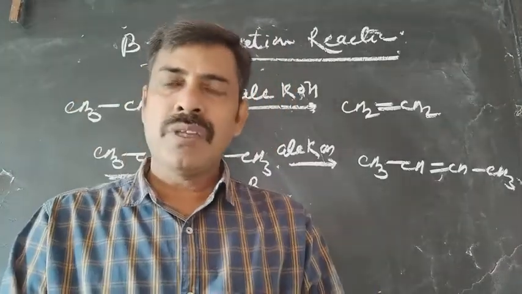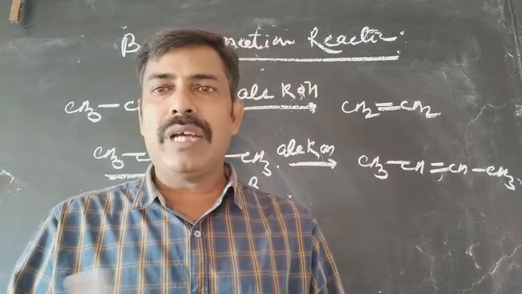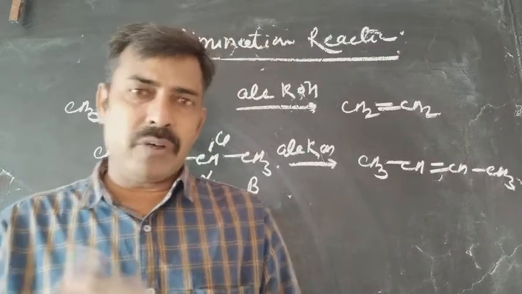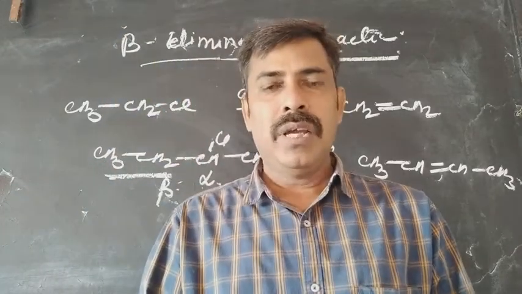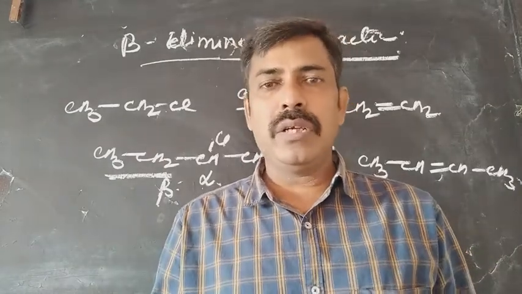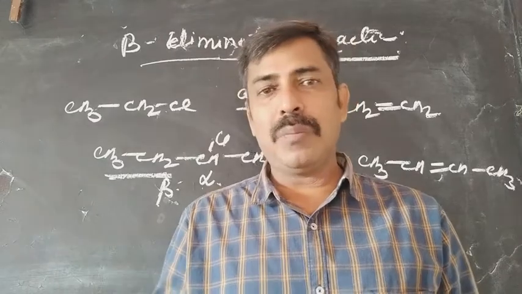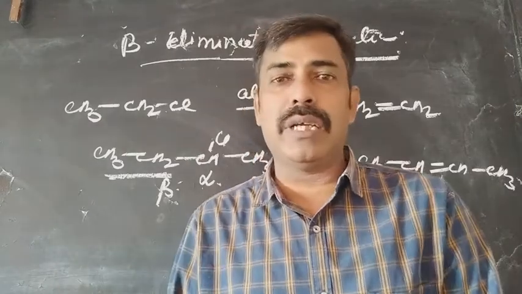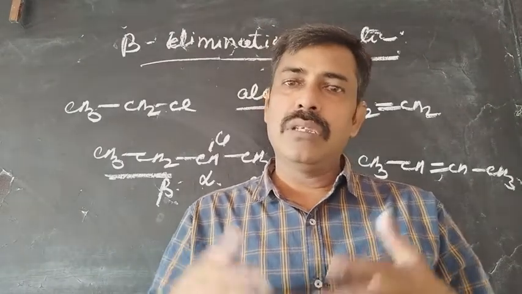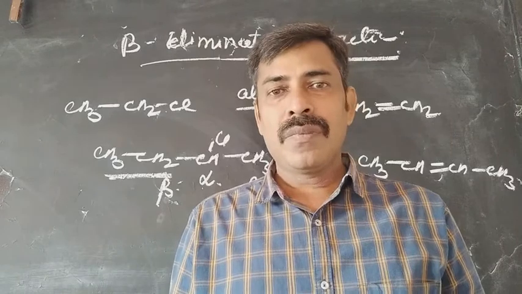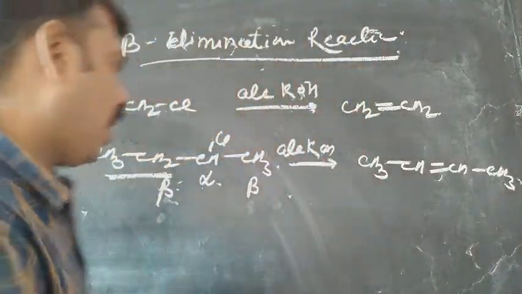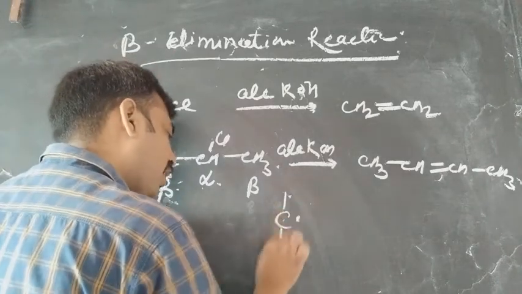When you compare aqueous KOH and alcoholic KOH, the only difference is the medium. In aqueous KOH, it is water, and in alcoholic KOH, it is alcohol. What is the difference between these two mediums? Why are these mediums changing the overall property of the reaction? In the aqueous medium, the system gives the substitution reaction, and in the alcoholic medium, the system gives the elimination reaction. Actually, what happens during this process is that a carbocation formation takes place, somewhat like this one.